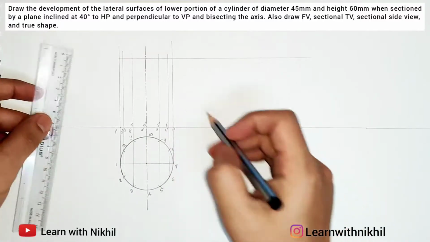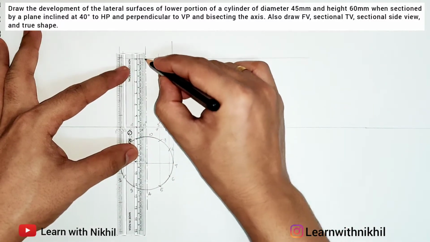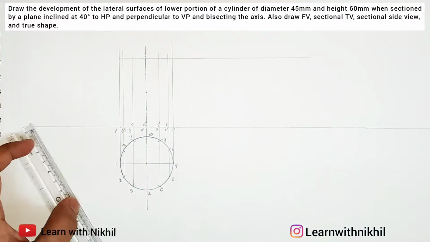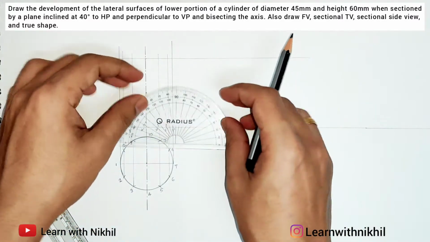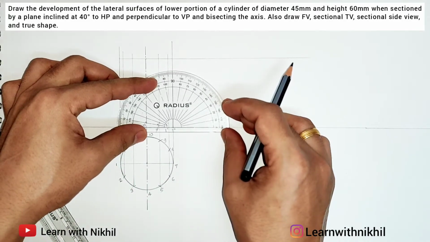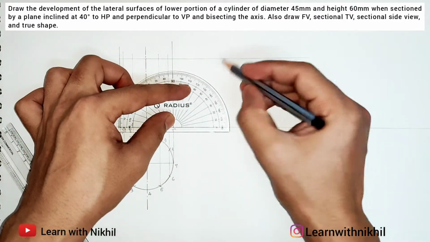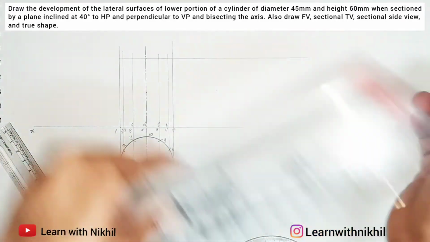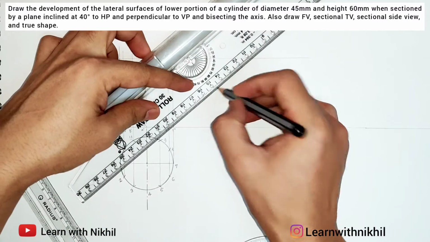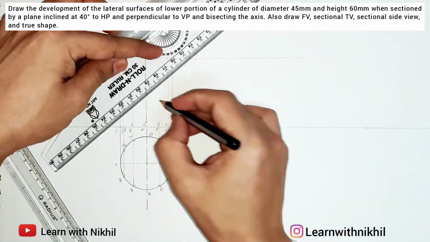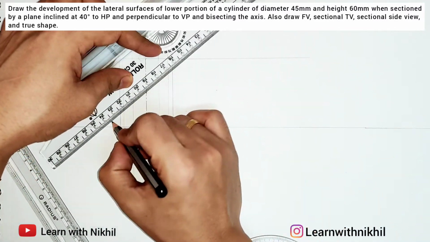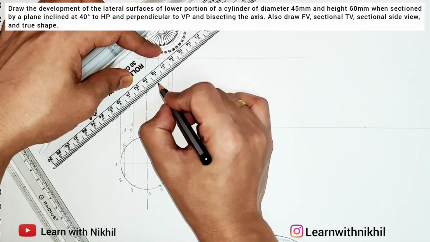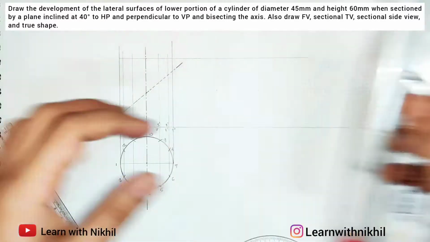Now further the question says it is cut at an angle of 40 degree and through its center bisecting its axis. So I marked a point 30 millimeter from above, that is the center. Now here I am drawing a reference angle 40 degree. So I have just marked a point. So this is the angle 40 degree from this point. Using the ruler scale I have drawn the parallel line from the center bisecting the axis of the cylinder. So this is how it is cut.